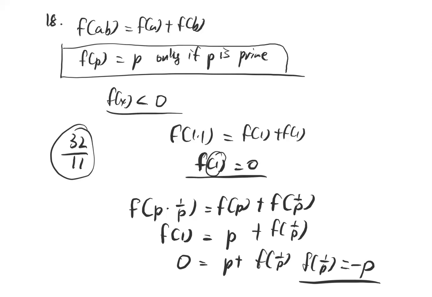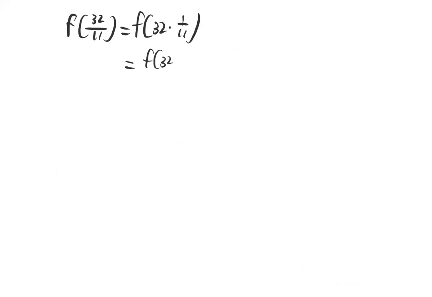So if we do this, we immediately notice that we can separate these two, and using the formula given in the condition, separate into these two expressions. And we know that f(32) is 2 to the power 5, which is basically 2 times 2 times 2 times 2 times 2. And